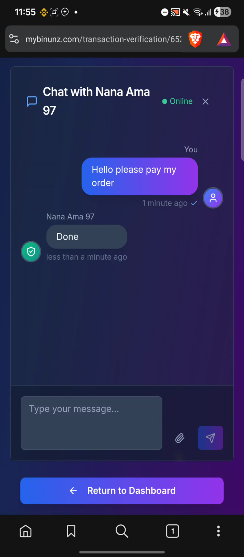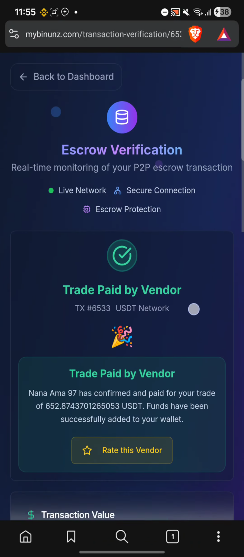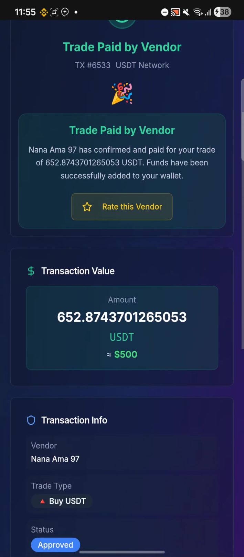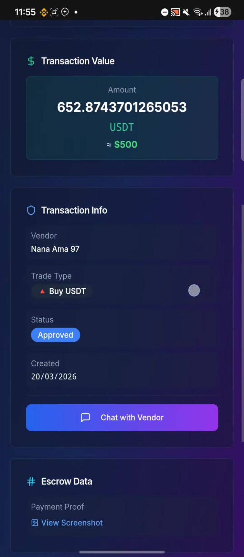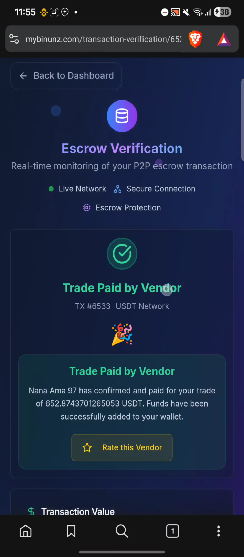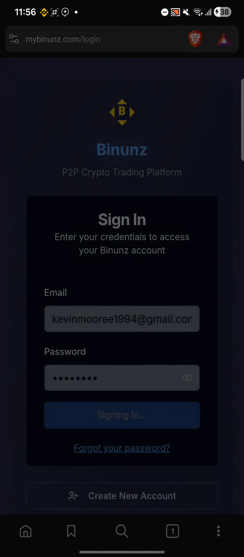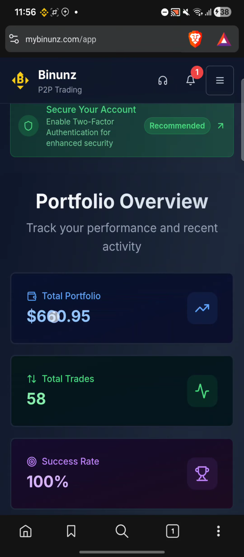So guys, you can see now the vendor has replied to me, done. That means the trade has been completed successfully because the vendor has texted me done, and he has released the trade. Okay, so now I'll go back to my account again. Let me log in again, and you can see now I have